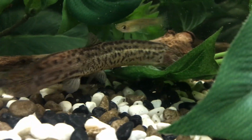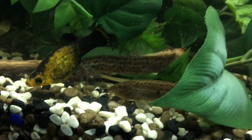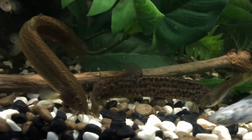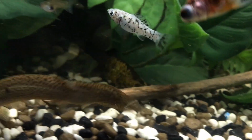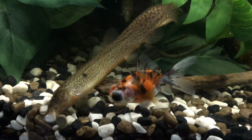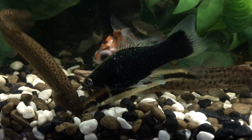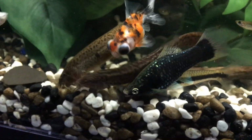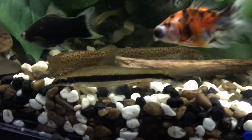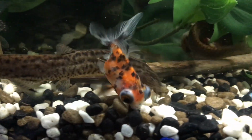So we have this guy right here, dojo loach. I'm talking about the big fish, not the yellowfish, these dudes. They are perfect for temperature of around 18 to 25 Celsius. So they literally are directly in the range of goldfish. They are very peaceful. They get too big to be eaten by adult goldfish, so even common goldfish and koi